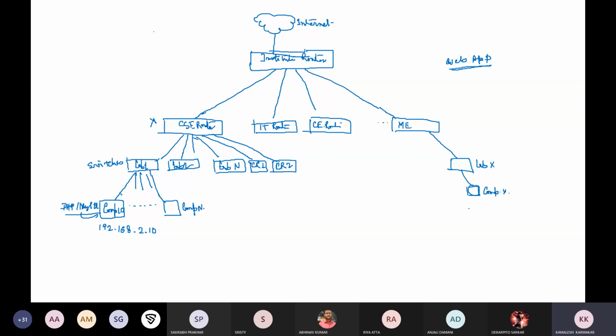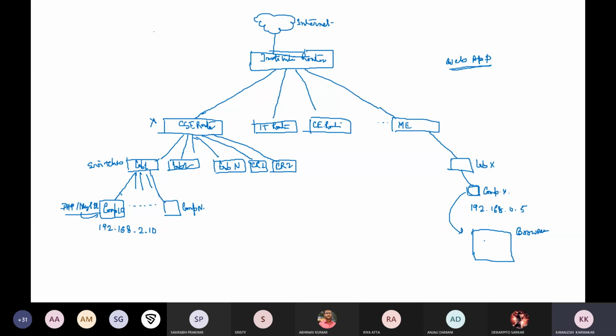In my machine, obviously there is an IP address. Say its IP address is 192.168.0.5. From this machine, I want to register to your site. So I will open the browser.